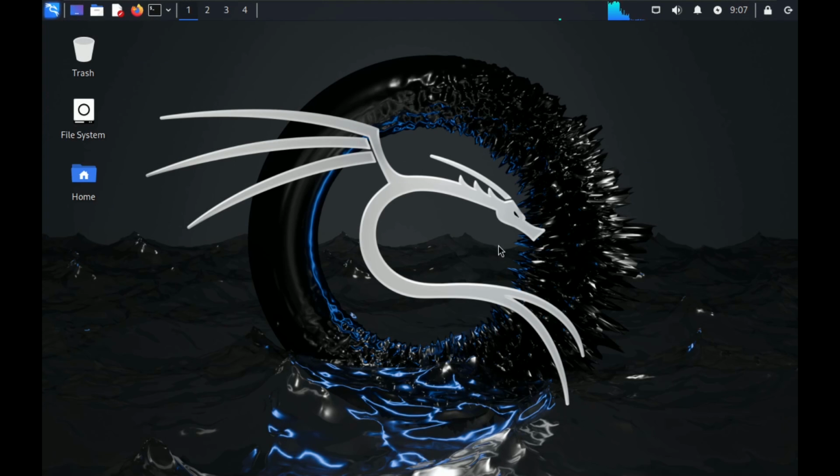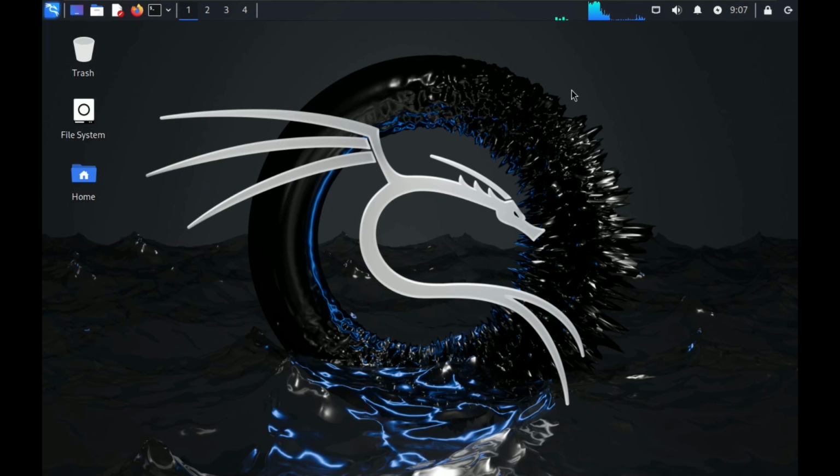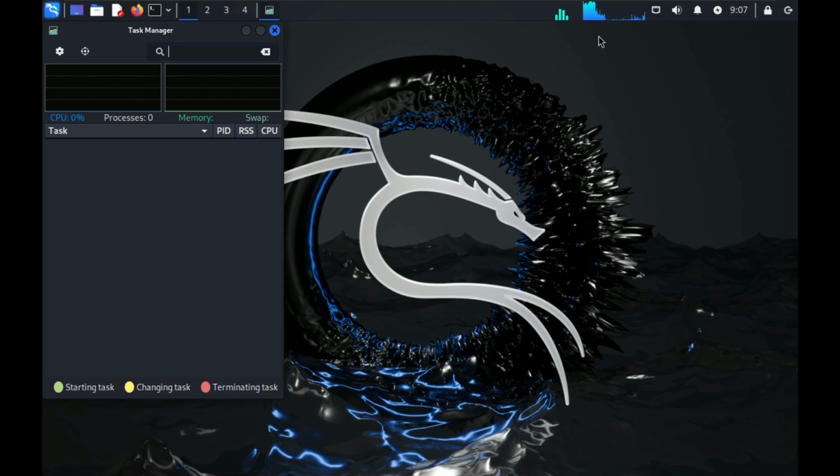So I'm running it on a virtual machine right now, which is a VMware with 60 GB of virtual disk, 8 GB of RAM, and my CPU is i5 1240p. The booting process will take like 2 or 3 minutes. I'm going to mention as soon as the desktop layout is loaded. So here you can see the desktop environment loaded completely with a nice wallpaper. Before changing the display settings, let's open the task manager and see how much resource it's consuming.